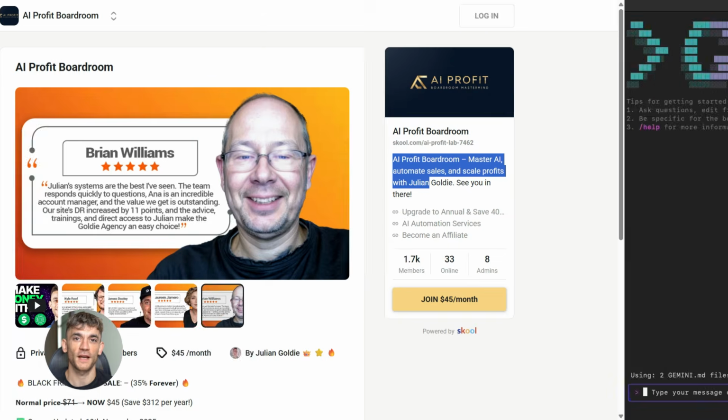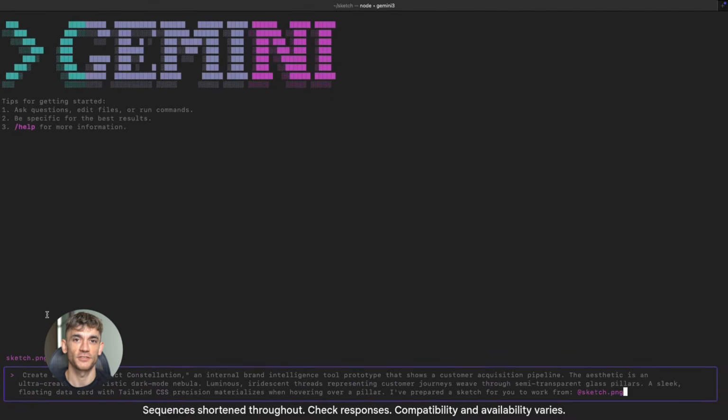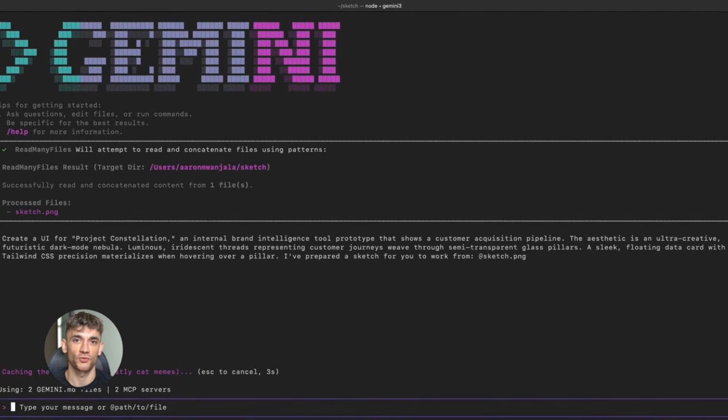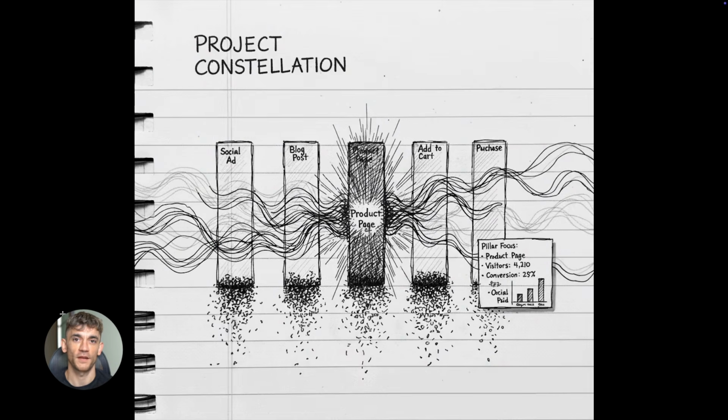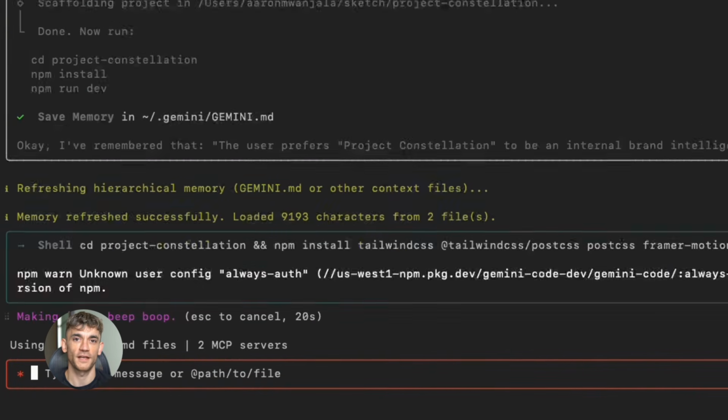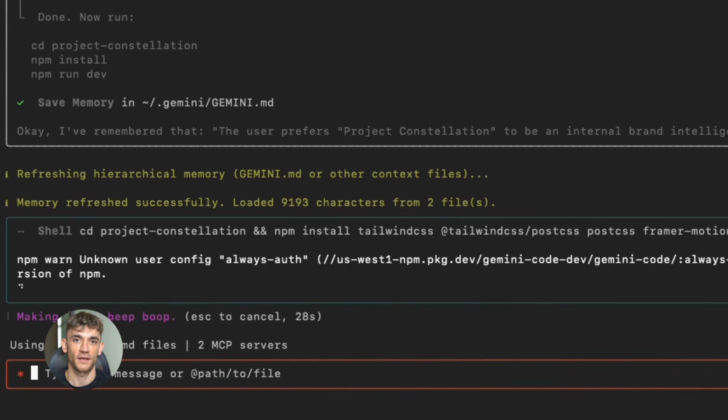Go check them out. Now let's talk about number 2. Turn sketches into real apps. This one is crazy useful. You've got an idea in your head, you draw it on paper, maybe it's a dashboard, maybe it's a customer pipeline visualization, whatever it is, you take a picture of that sketch, drop it into your terminal, and Gemini 3